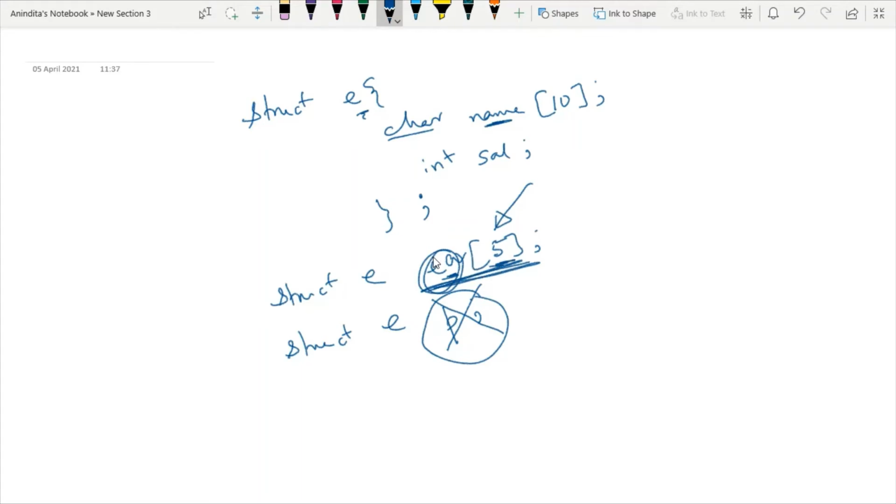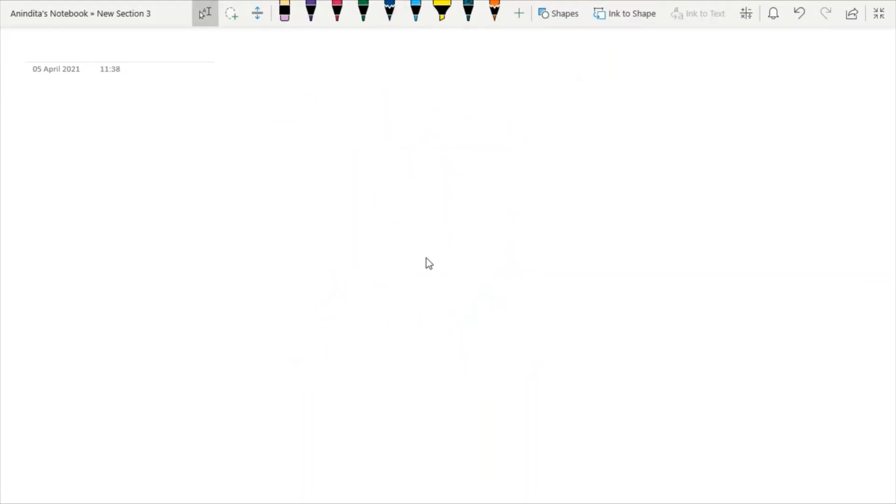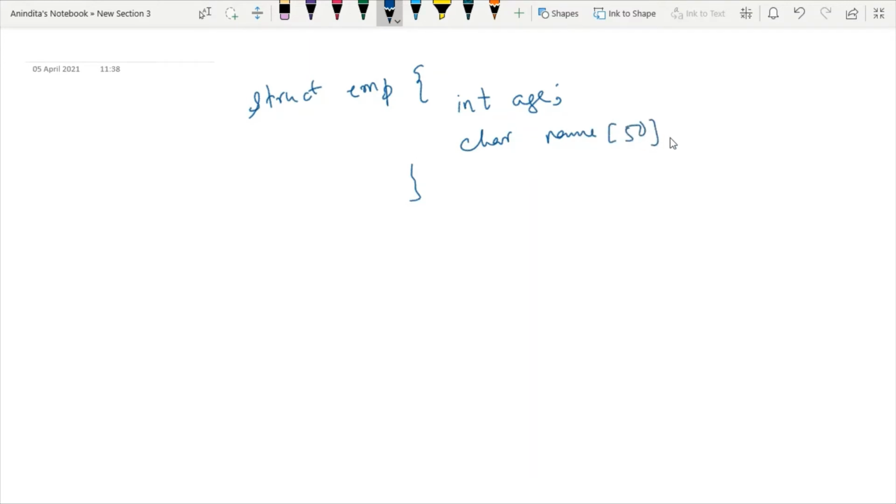Now the point is how to deal with this situation. I'm giving you one example where it is very common to use one array variable for a specific structure. Say I am dealing with some employee details. So you have to create one structure. Say the tag name is employee. And here I'm just selecting the members as age of the employee, name of the employee, and the salary of the employee.